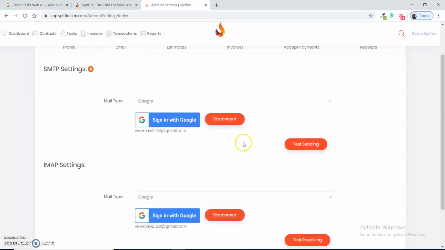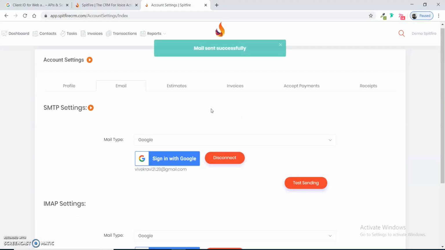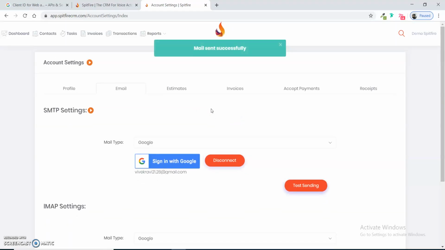Also we can check if it is working or not. We can check it for the sending functionality by pressing the test sending button. So sending functionality is working.